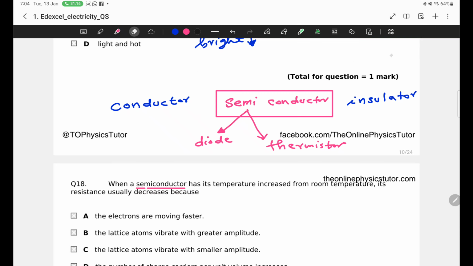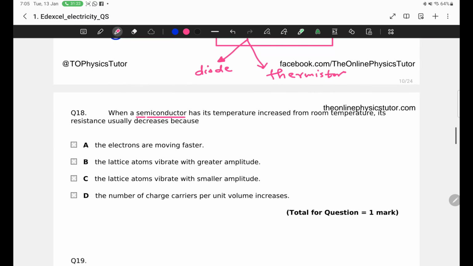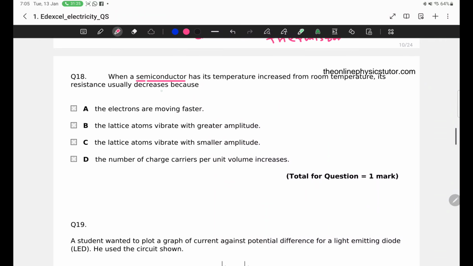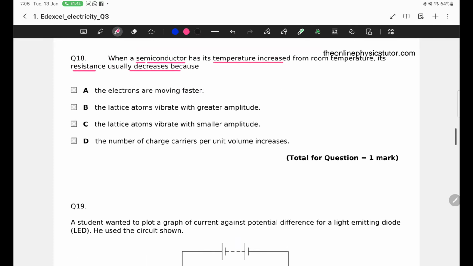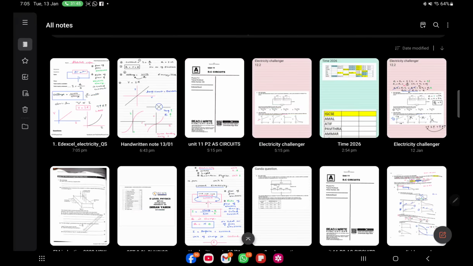So it is not in your course, so I should not make it too long. Anyway, diode and thermistor are made of semiconductor. And now the question is, when a semiconductor has temperature increase, its resistance decreases. The question is why? So I think I am going to explain this topic on a blank page. Okay,